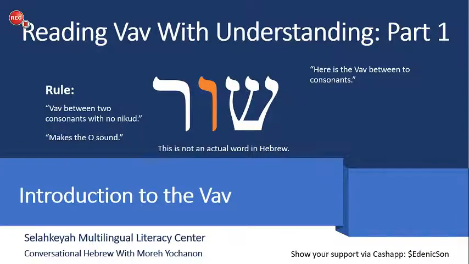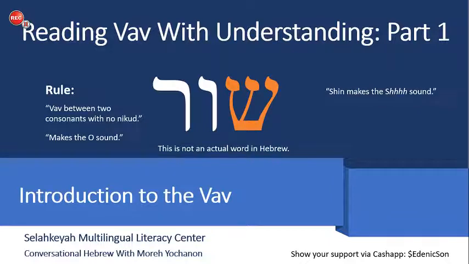It's flashing orange. Now the Shin, which is orange now, the Shin makes the sh sound. The Vav makes the O sound. And last but not least, the Resh makes the R sound. So we put it together. You have sh, o, r,